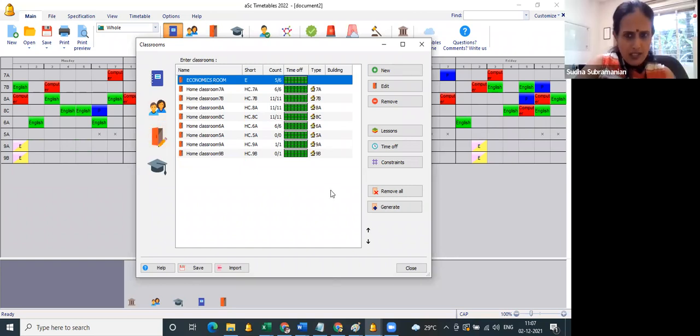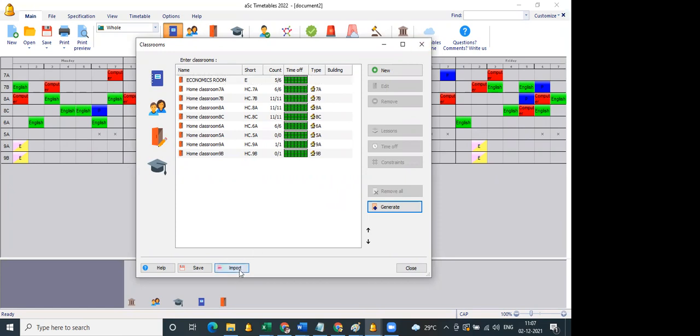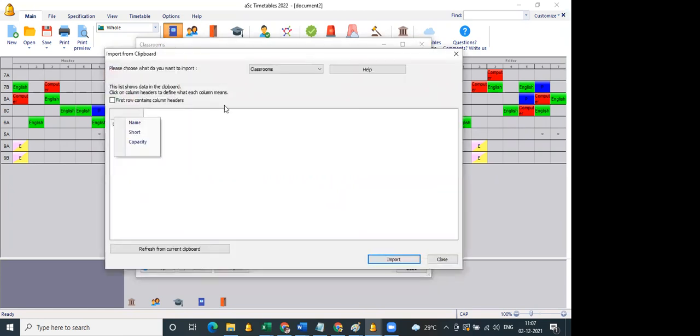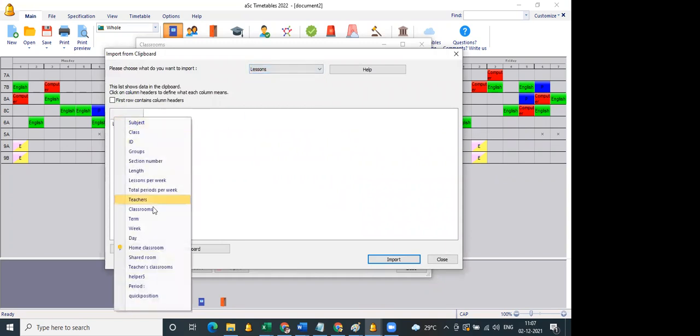Okay, so what are the parameters that we need to give in terms of Excel, if you are going to import? You just click on import. You can see the parameters over here for lessons. If it is the home classroom, you mention it as home classroom, but for this particular thing, you will have to mention